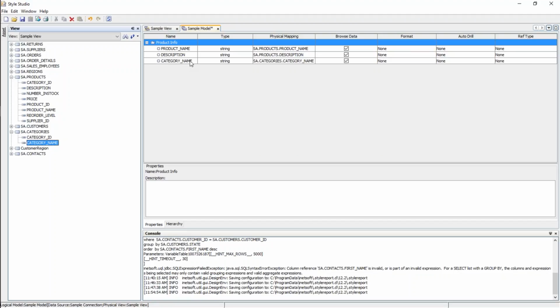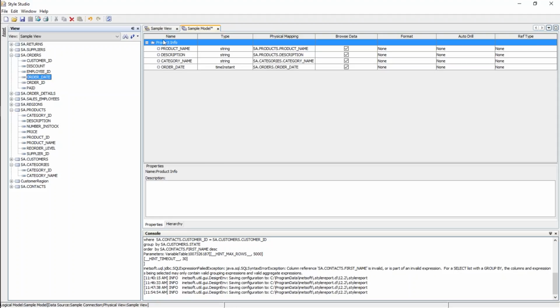So it might make sense to put the category name into that product info entity, even though it's from a different table. It doesn't matter. They don't need to know where it comes from in the database. This is what they're going to see. Similarly, into product info, I could also put something like order date. I don't know if that makes that much sense, but then in this product info entity, I'm also going to have a list of orders for when that product was ordered. That's probably not the best choice from a conceptual standpoint, but I just want to illustrate that